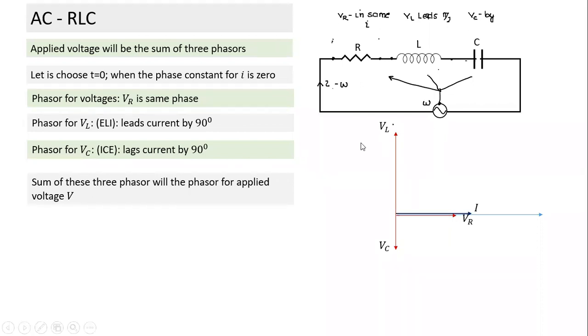And in this case, the way we have drawn it, we have taken VL to be greater than VC. What would make VL greater? I hope all of you recall. What is VL equal to? Amplitude of voltage across the inductor is equal to amplitude of current into XL. And what is XL? Inductive reactance is equal to omega L. And what is the amplitude of voltage across the capacitor? This is equal to amplitude of current into XC. What is XC equal to? 1 by omega C.